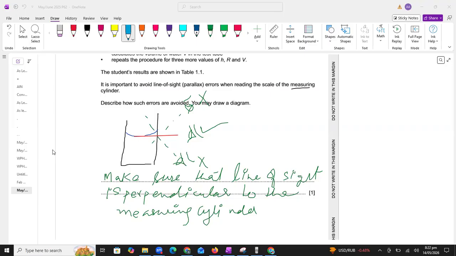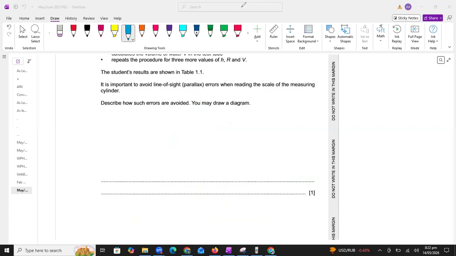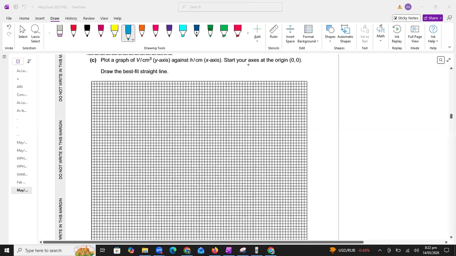Are you understanding this question, students? Acha, in this question, they are saying you may draw a diagram. So when the examiner is giving you the choice that you may draw a diagram, I urge you to draw the diagram so you will get the correct answer. All right, students? Okay, just give me 1 minute.